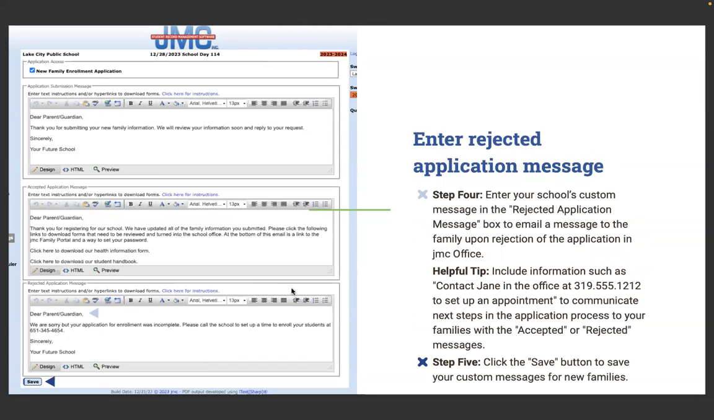Step 4, enter your school's custom message in the rejected application message box to email a message to the family upon rejection of the application in JMC Office. So if something was incomplete, things did not look right, you weren't able to accept it, they're going to get this message, and that's where you would want to let them know whatever their next steps would be. That could be including information such as contact Jane in the office and the phone number to set up an appointment, or you could ask them to try again and say that your application was incomplete. Whatever is the custom message that you would like for your school's next steps to be, you'll want to be right here. And then once you've finished entering those custom messages, click the save button to save your custom messages